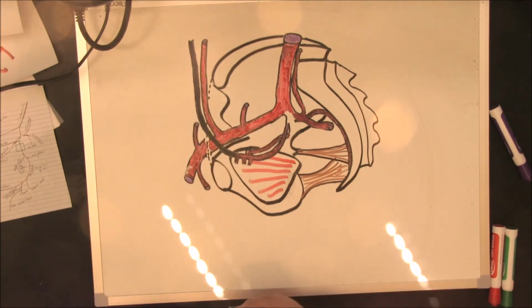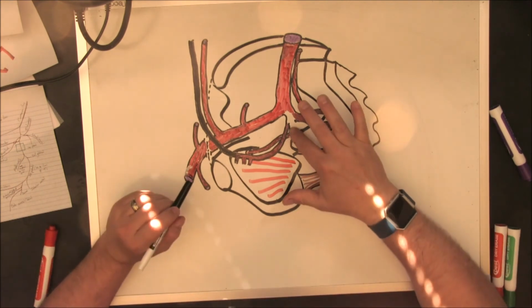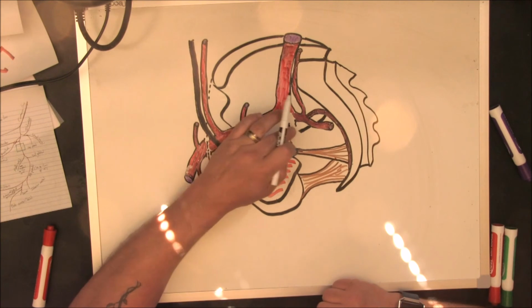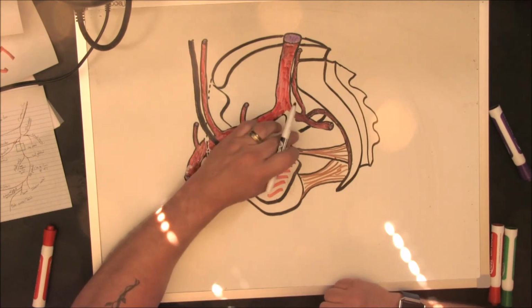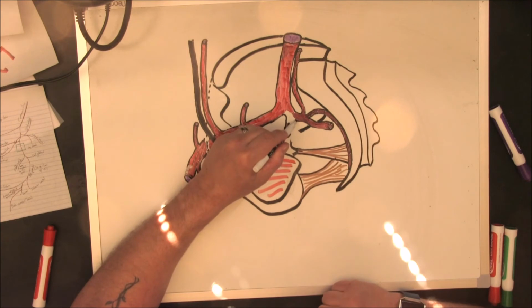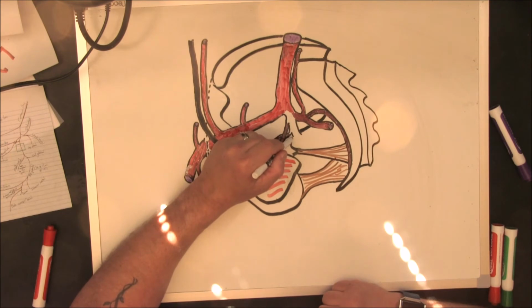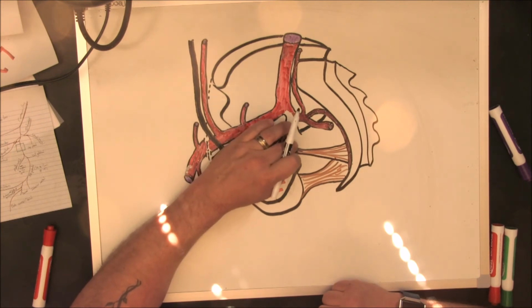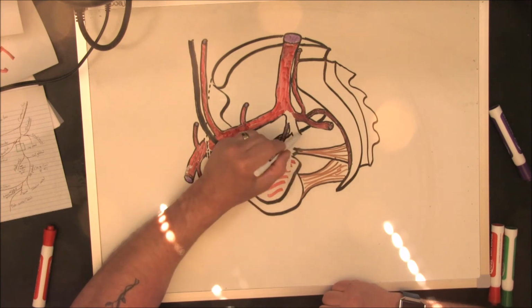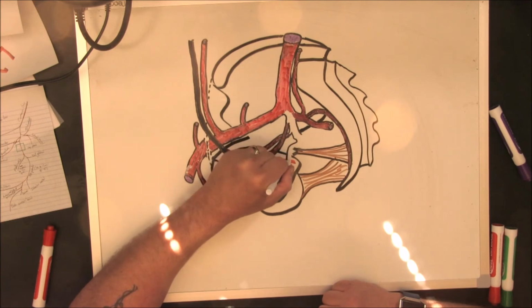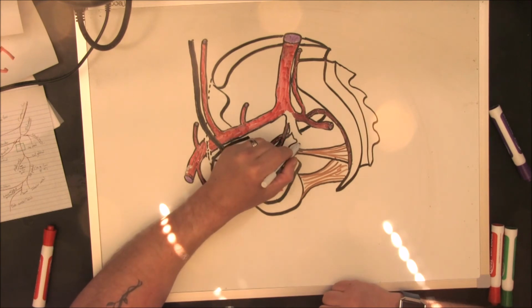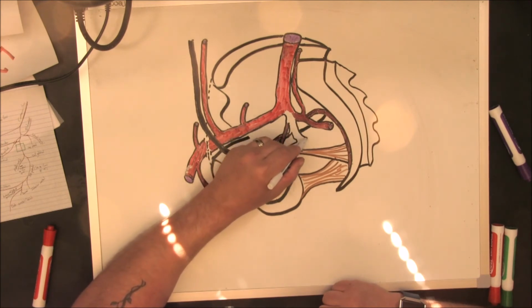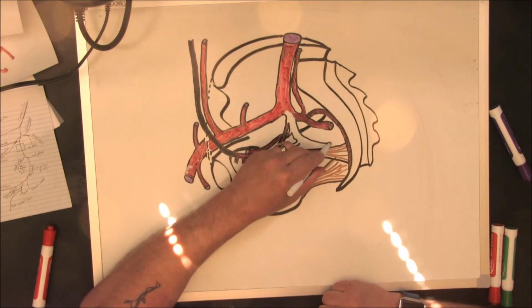Now, if that wasn't fun, wait till you see what we got coming next. The further branches of the anterior division of the internal iliac artery are going to be coming here. And we've got an area where multiple branches may arise, and I'm going to draw in 3 for the moment. The first is going to pass forward and around towards the rectum, and this is going to be the middle rectal artery. Another branch is going to pass posteriorly and out through the greater sciatic foramen, and it's going to